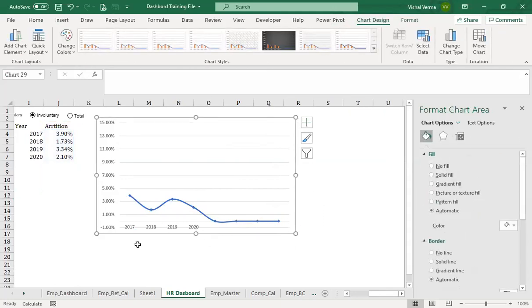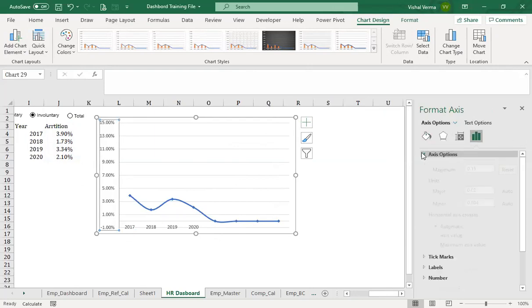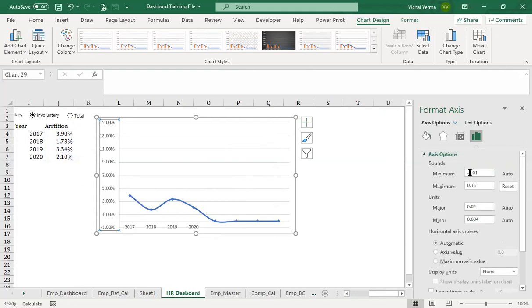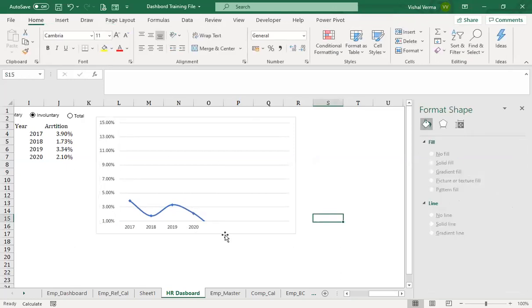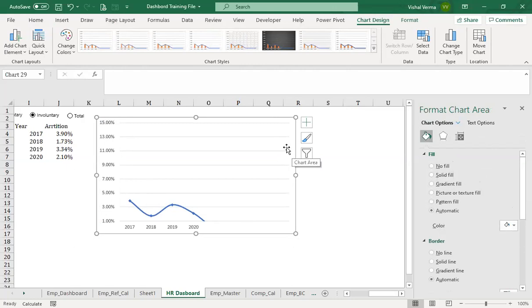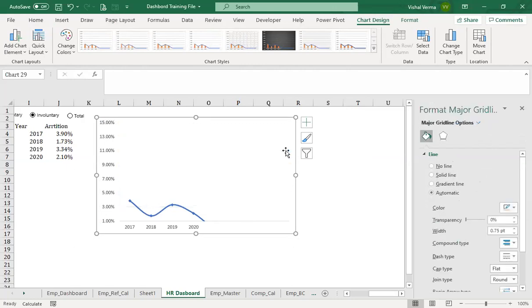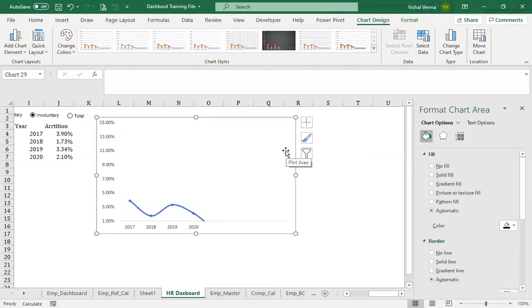You'll need to change the axis in here. Axis options, the minus starting value we need to remove. So we have got this axis here. Okay. So this is the chart that we need to showcase, and let's remove these grid lines. It's not looking good for us. Okay. And no fill, no border.